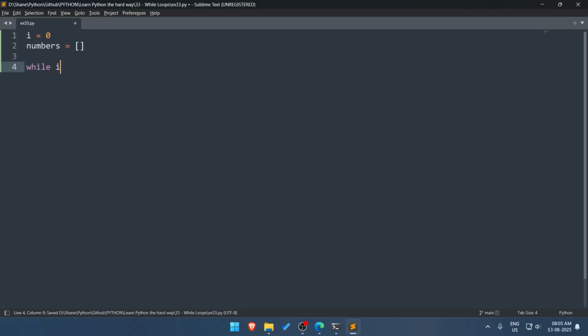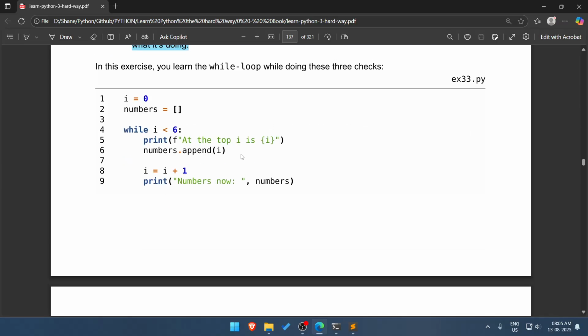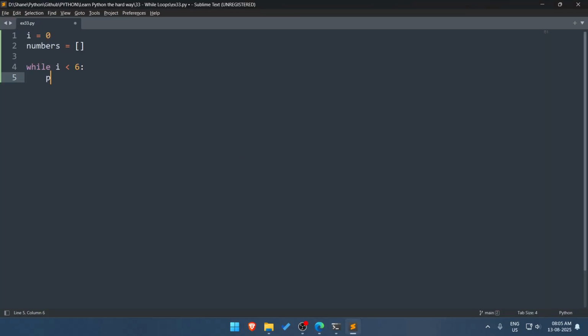Then loop while I is less than 6, and we print out the variable at the top.